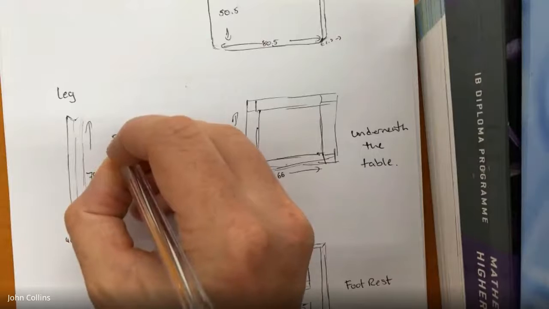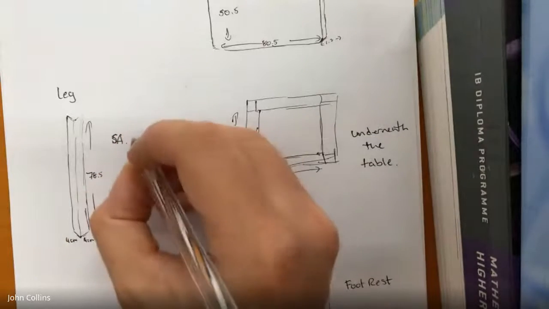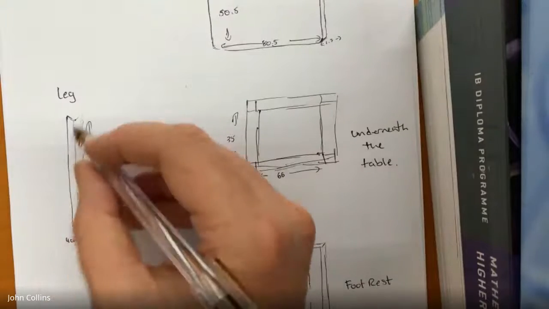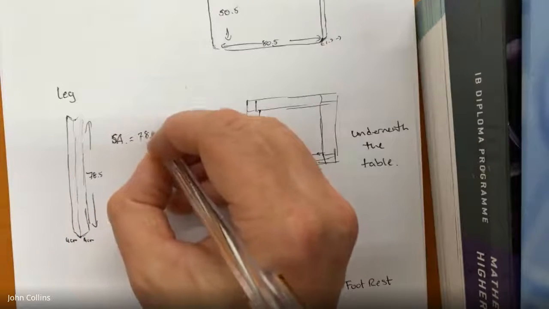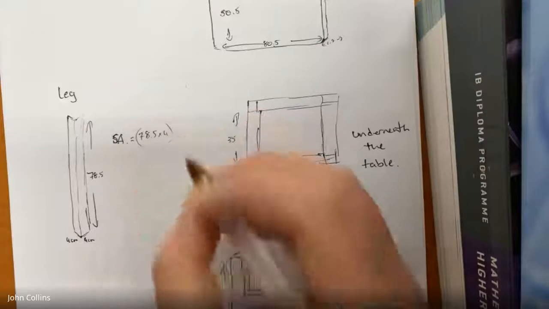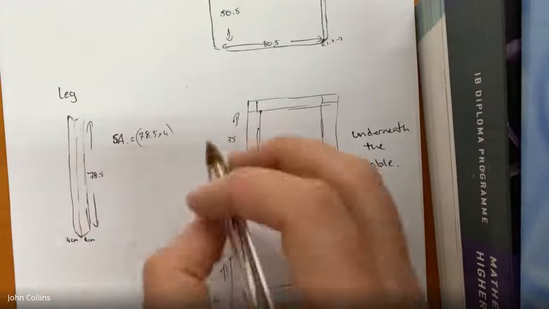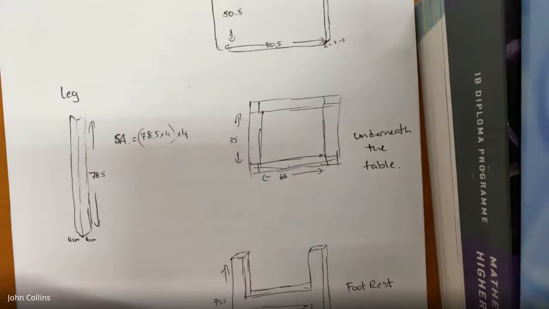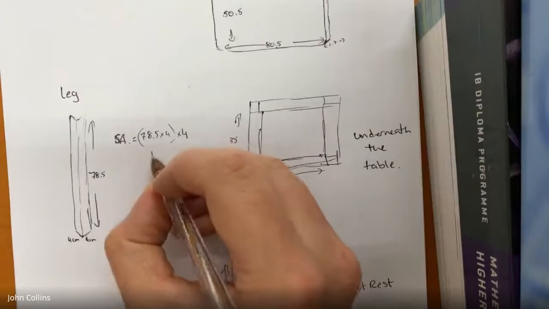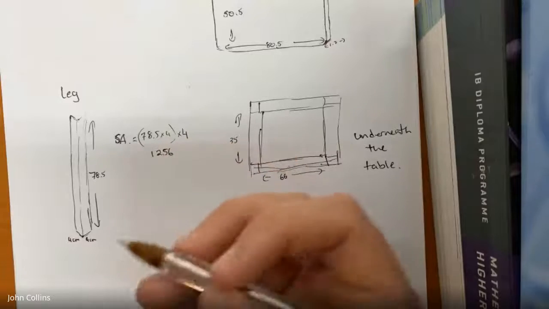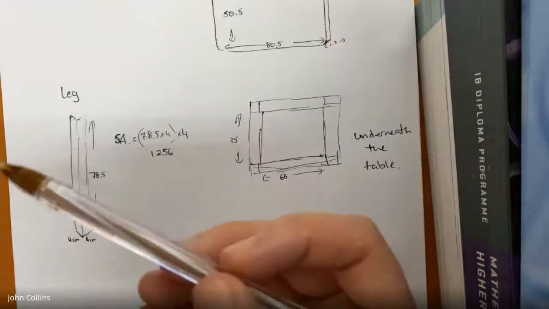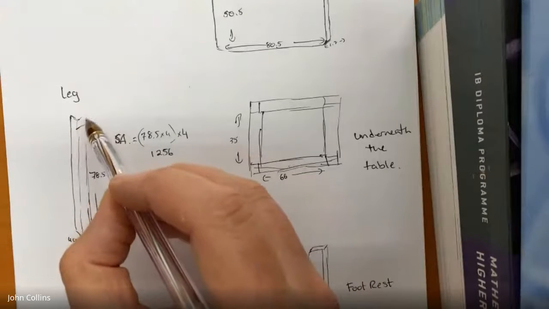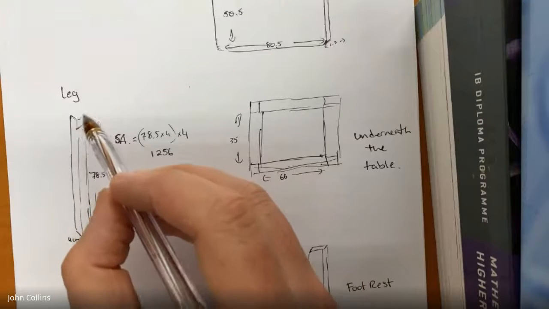So the surface area, SA for short, we're going to get 78.5 times 4, which will give us one surface. And of course, there's 4 of these surfaces on each one. That gives me 1256. Now, you can adjust, and I adjusted slightly for where they join. So there's a join up here that wouldn't have been painted. So I said as if it was painted, and